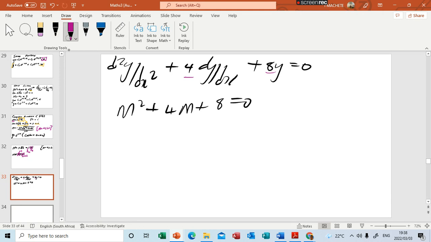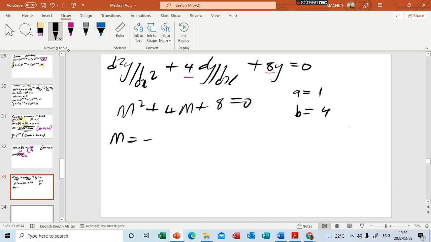Look at this equation. What are the factors of 8 that can give you 4? You can write them down. You say 8 times 1, and then 2 times 4, and then there are no other factors. When you add 4 and 2, it doesn't give you 4. When you add 8 and 1, it doesn't give you 4. So clearly you have to use the quadratic equation here. That's how you check. So with the quadratic equation, you'll have m equals minus b,